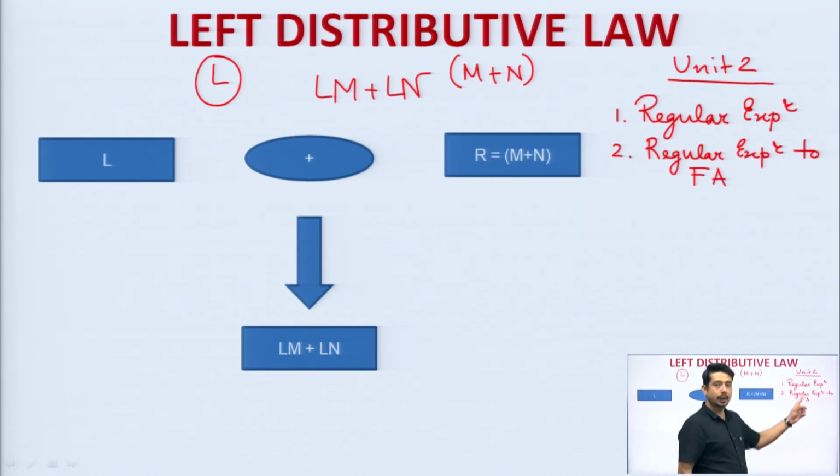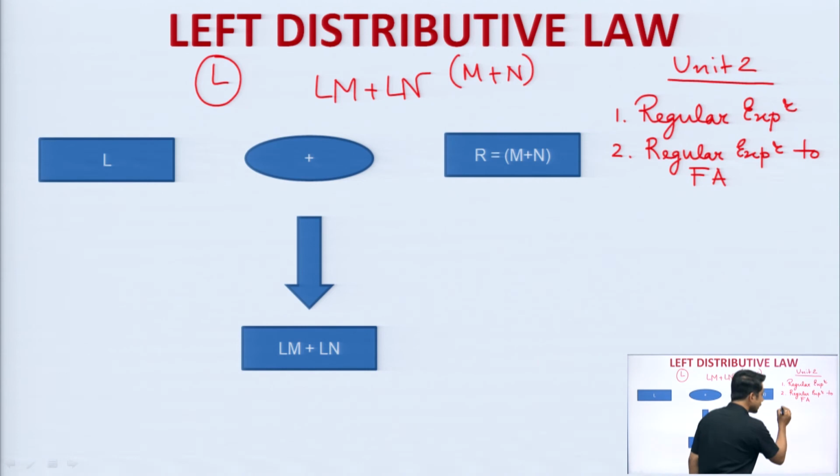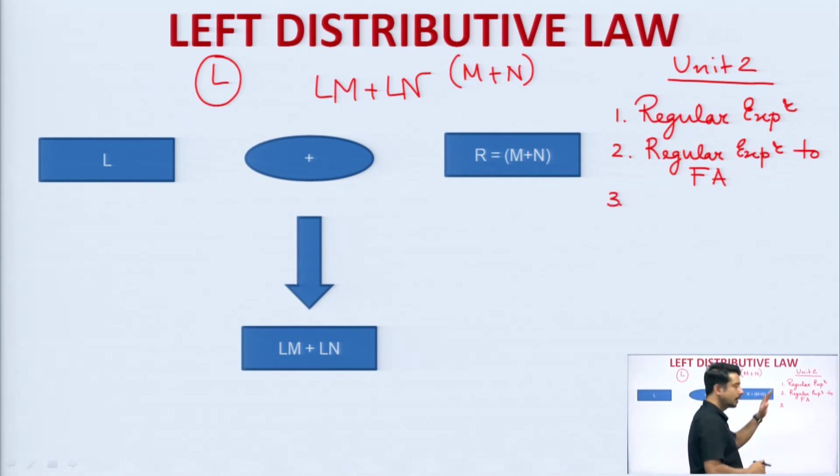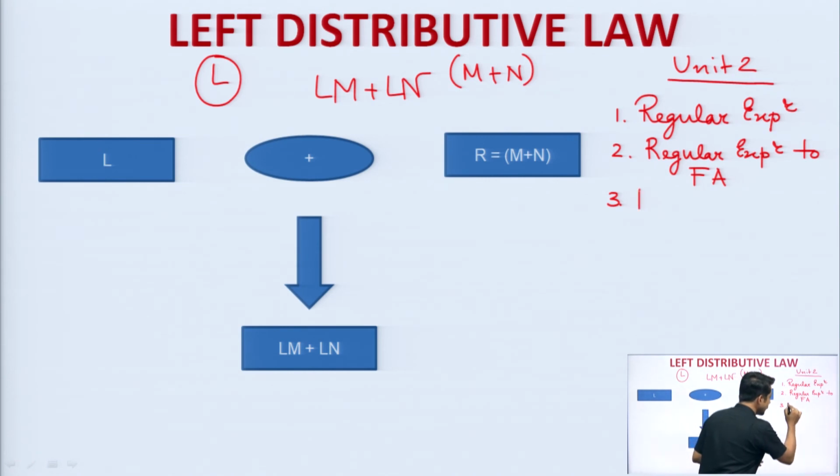There I have shown you some of the basic expressions from which you can convert to a finite automata, and then I discussed a few examples with the help of which you were able to convert to a finite automata. Got it? Third, this hierarchy you should know, so that it will be helpful for you to analyze. Then next you have seen finite automata to regular expression,